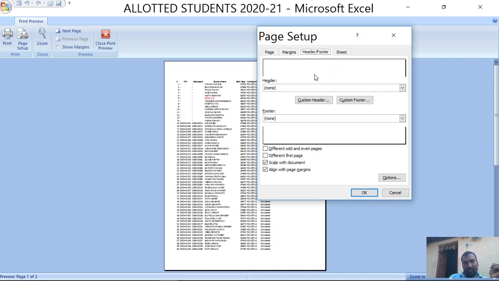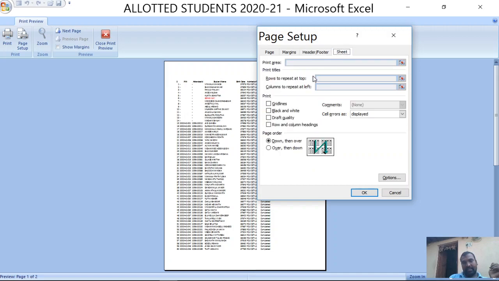Then header footers are there. So if you want to print any details on the header footer, you can choose here. And the sheets, here you can choose the sheets you want to print. If you want to go with the print area, then choose this one and select a specific number of cells that you want to print.